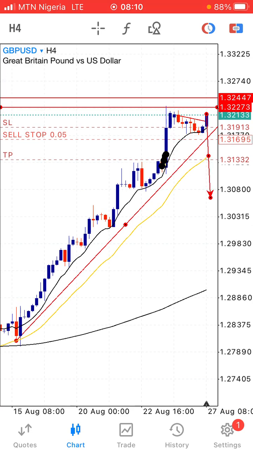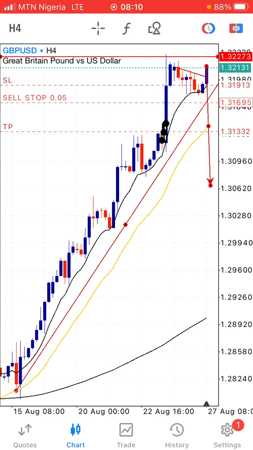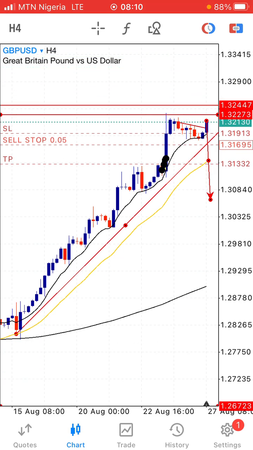Well, that's still my bias. I cannot enter this kind of market. I wouldn't dare it. I wouldn't dare. Let it break it, form the pattern, then I know the trend wants to continue on GBP. GBP has been very, very strong. Very strong. Absolutely very, very strong.